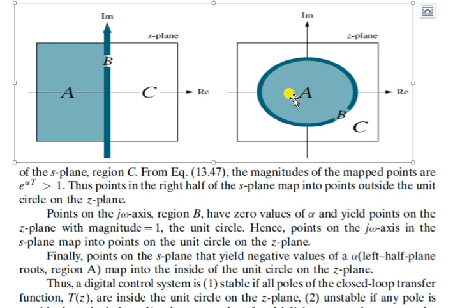For example, we have say transfer function 1 upon z plus 1. So from here you will calculate z equal to minus 1. So this minus 1 meaning is your poles is on the unit circle. It means you are talking about the marginal stable system. So if you need to design a system which must be stable, it means your range for the z plane must be plus 1 to minus 1. So this is here plus 1, this is here minus 1. So your poles must be in between this minus 1 and plus 1. Now we will see one example.